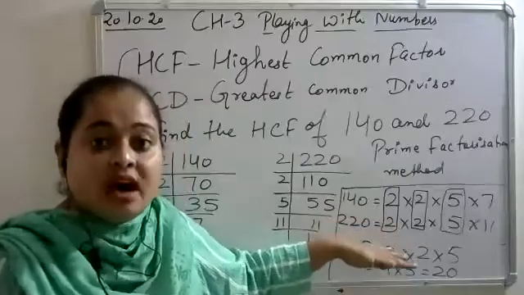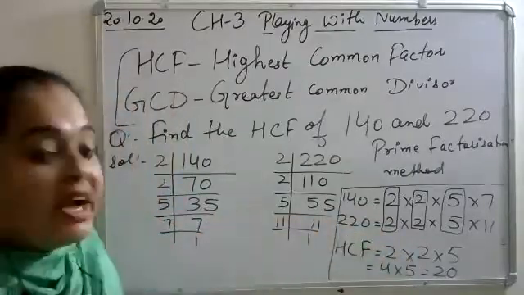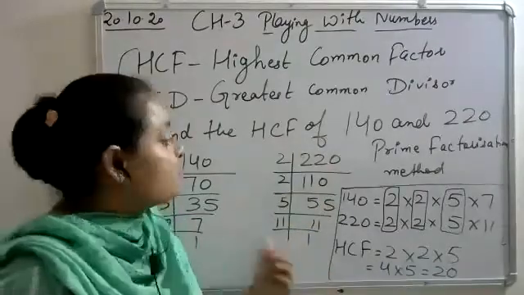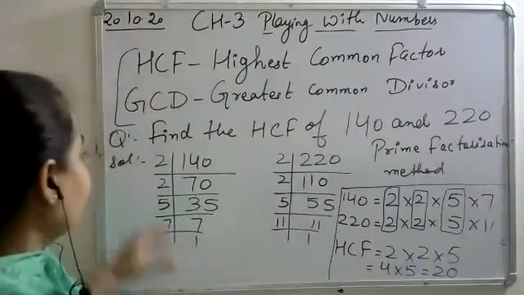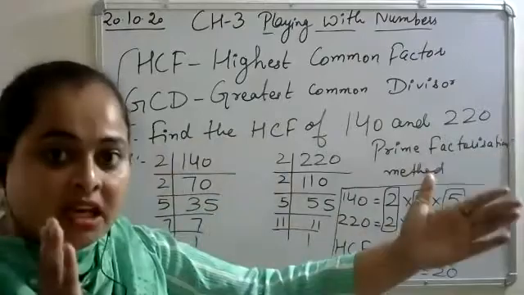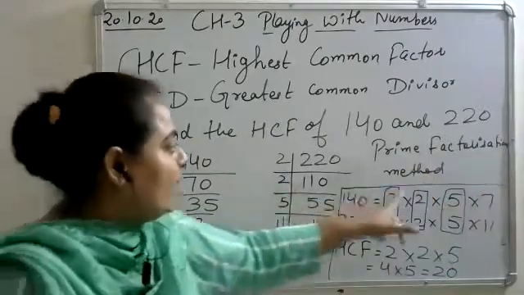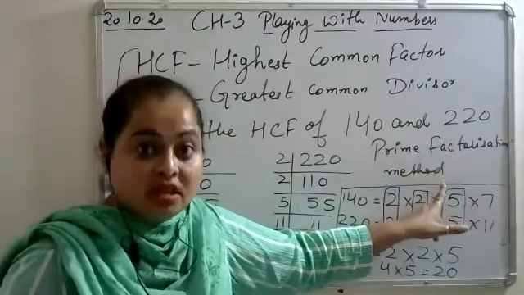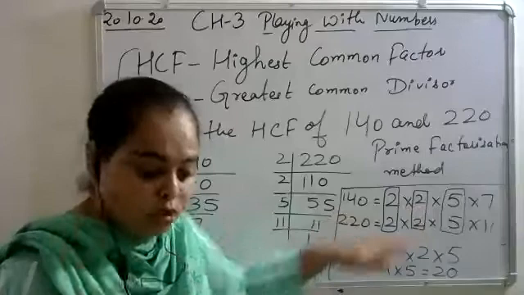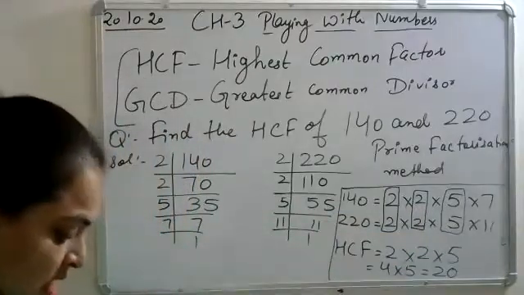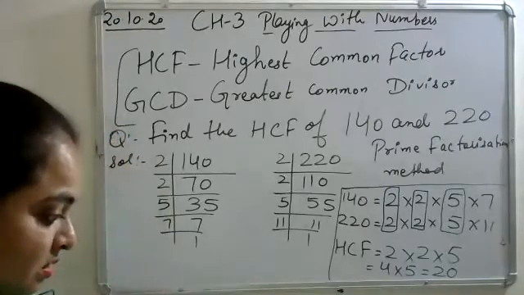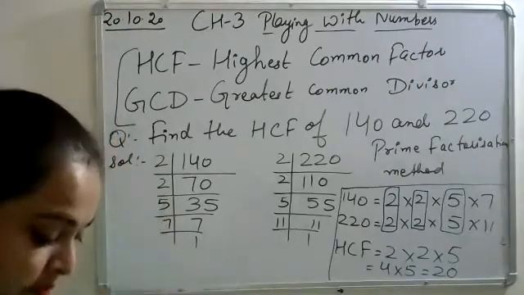So this is the way to find HCF. And what is the name of this method? This method in which you will find out the prime factorization of 140 and 220 separately is known as prime factorization method. And this method you have already done in detail in class 5th also. Write down. After that, after writing this, send message we have done.